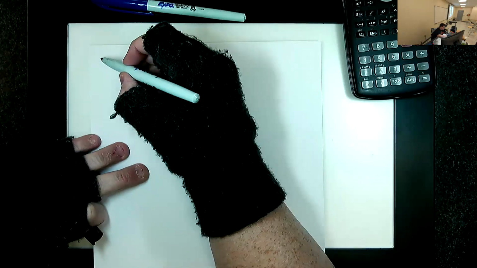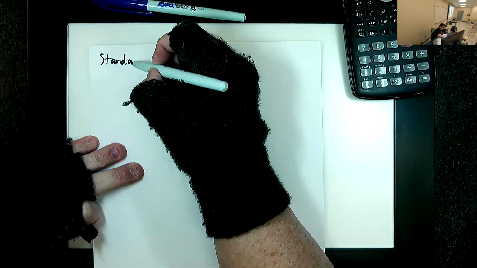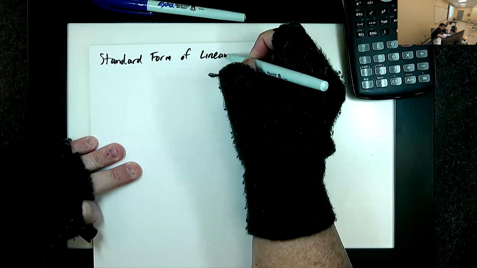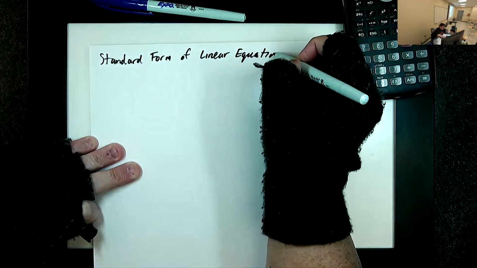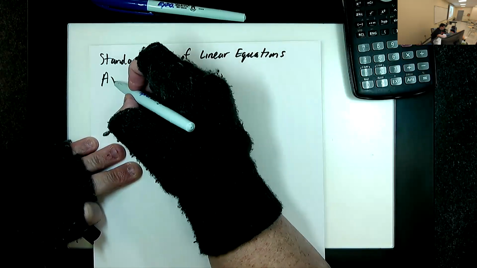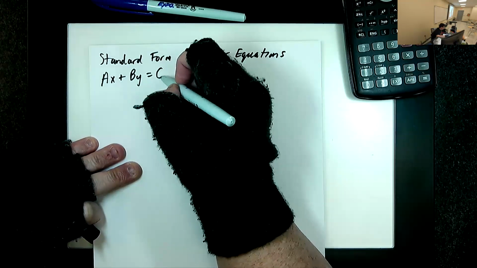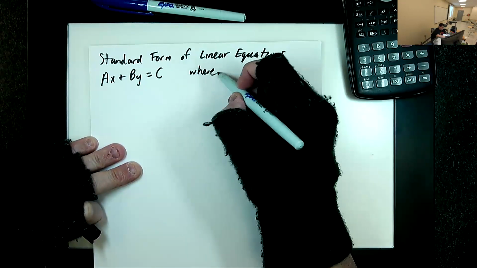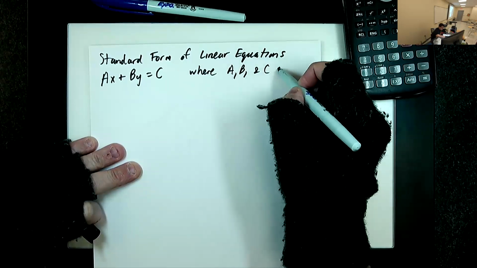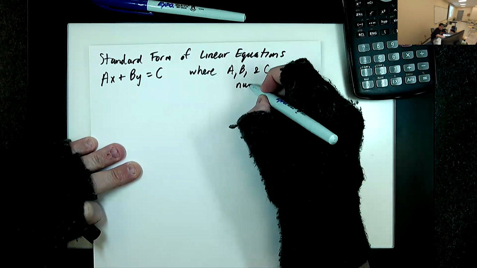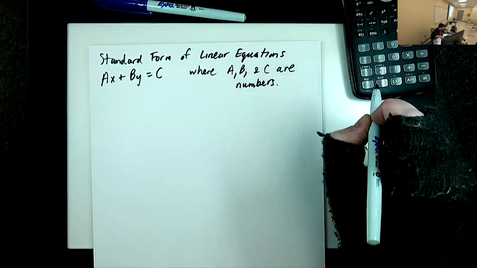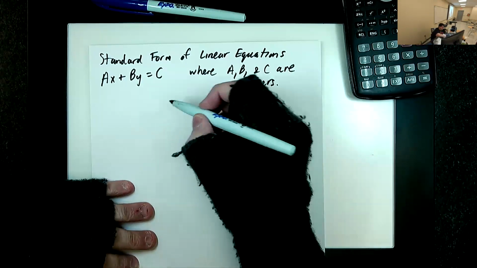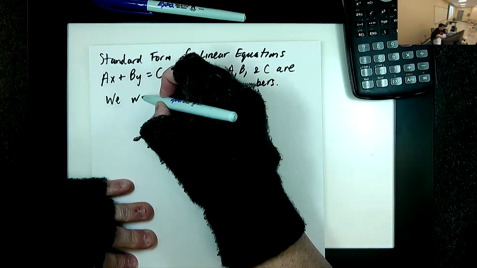Okay, so something else we need to do. We have the standard form of linear equations. This was ax plus by equals c, where a, b, and c are numbers. And what we want to do is we want to be able to write this